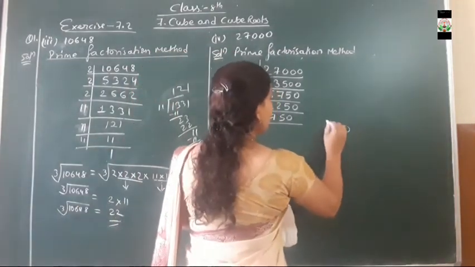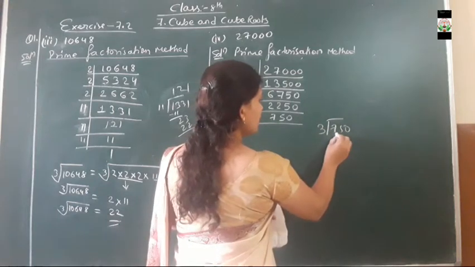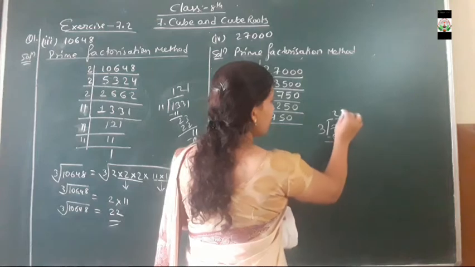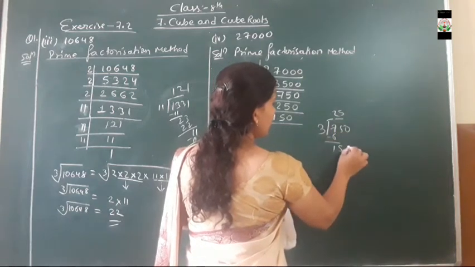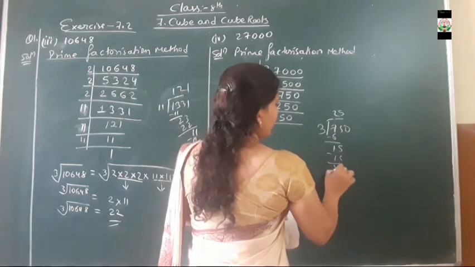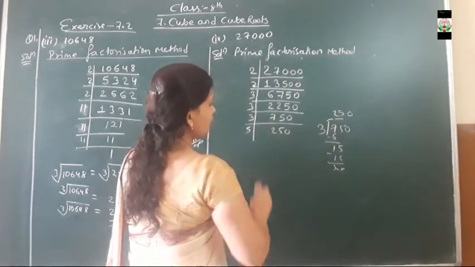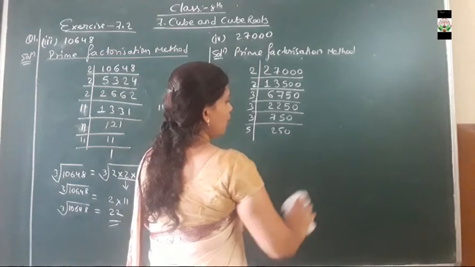750 is there, that will be divided by 3 or not, we will see. 6 here it will be 1. How much? 2 times? 1 can be 15. 15 that means 5. In table of 3 and 0. So that means 250. Now it comes in the table of 250. How many times it comes?